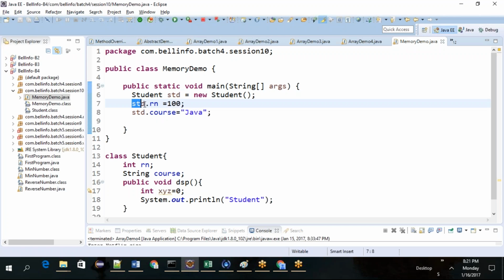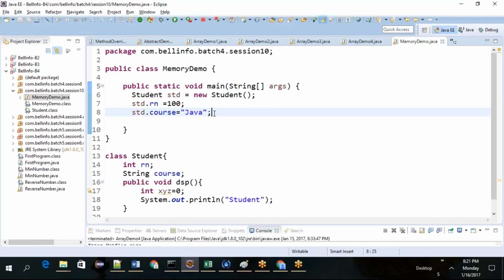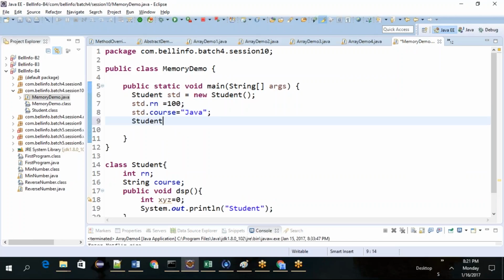And next it tries to initialize the values. rn will become 100 and course becomes, instead of null, Java. Getting my point? And if I try to create another object, Student std2 equal to new Student.